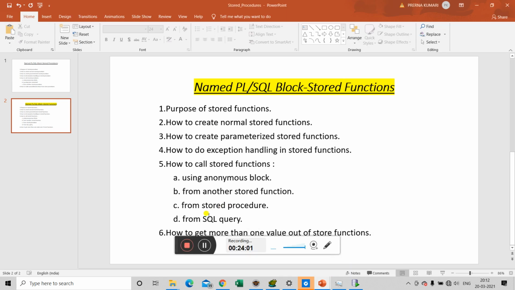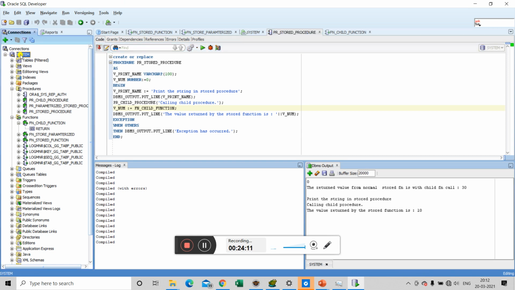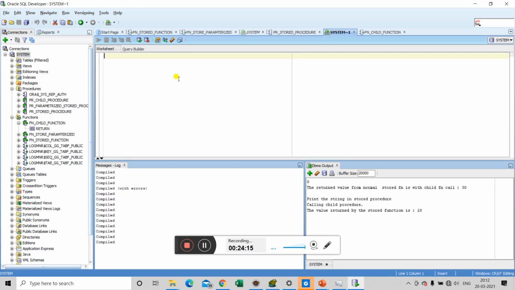So now we will be covering our next section, that is calling a stored function from a normal SQL query. To define and explain this, we will open our new worksheet and write our normal SQL query.